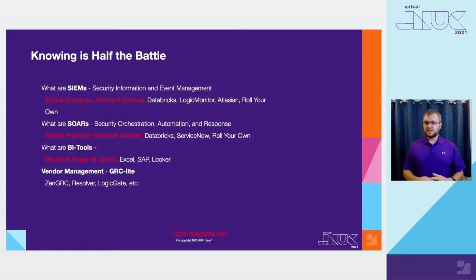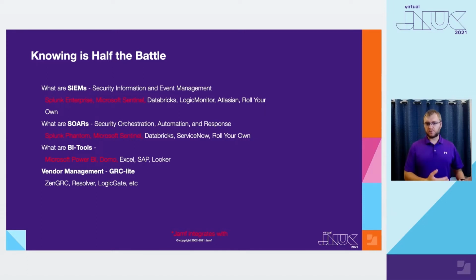A SIEM is essentially the entry point for all of your systems dropping information. So that's your syslog information. Since we're talking about Jamf in the case of here, you could get your Jamf access logs or your change management logs forwarded over to a SIEM in various different types of formats. Once the SIEM has it, it usually correlates those together, and then you want to react to those. And that's where the next step of these comes.